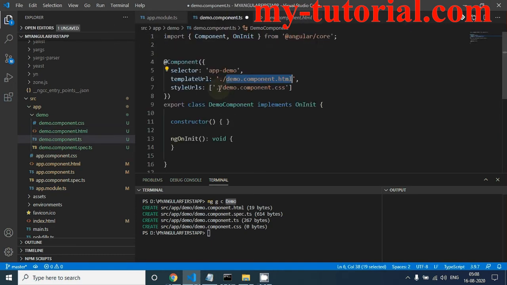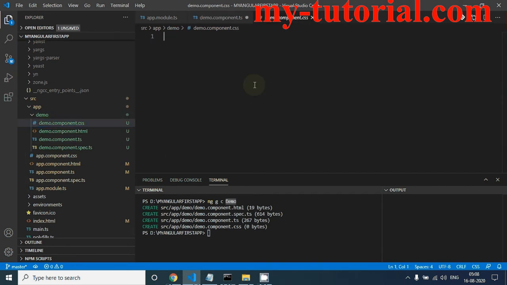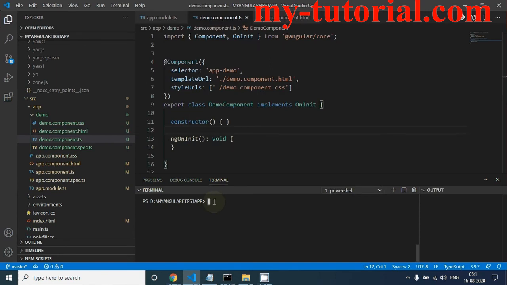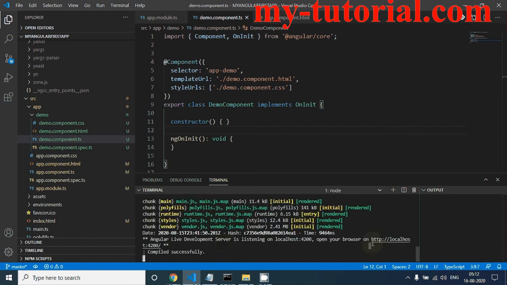Now let's talk about the style URLs. The style URL is the path of CSS where you can write your CSS class that will apply to this HTML. Let's run this application. npm start and take this URL.